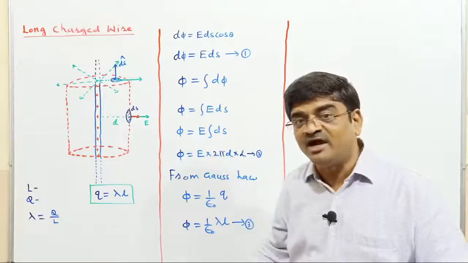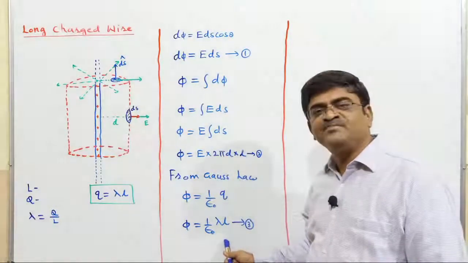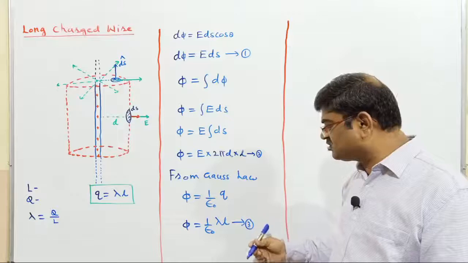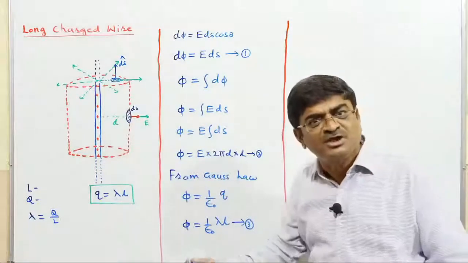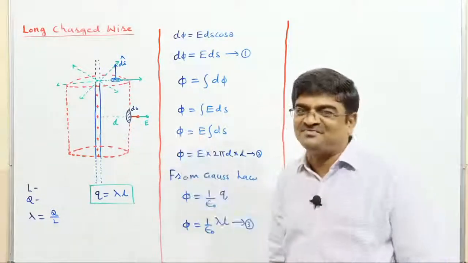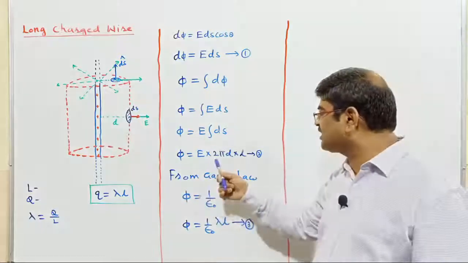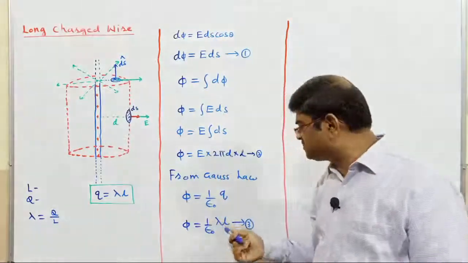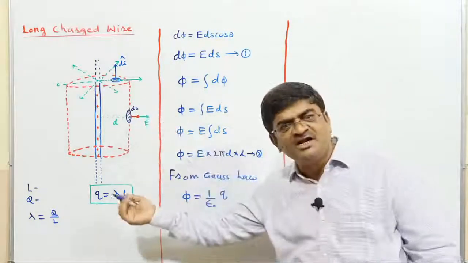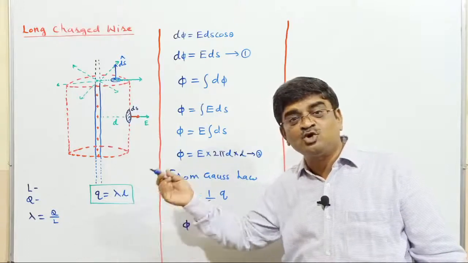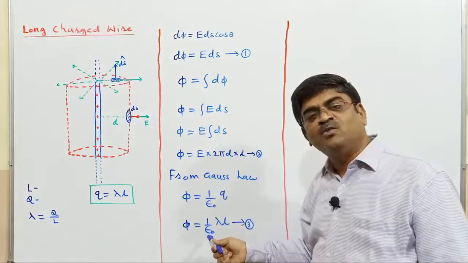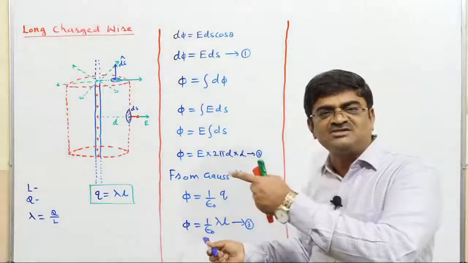And once I have done that, I have equations 2 and 3. Equation 2 gives me the flux through the cylinder. Equation 3 gives me the flux through the cylinder. Same cylinder, that too. Only the approach of calculation is different. This flux I calculated by the mathematical method. This flux I calculated by Gauss law. And they represent flux through the same cylinder. The method of calculation should not change its value. So equations 2 and 3, both of them represent flux through our Gaussian surface.